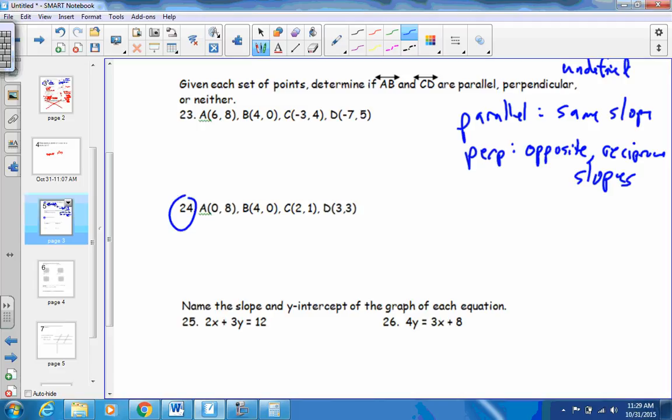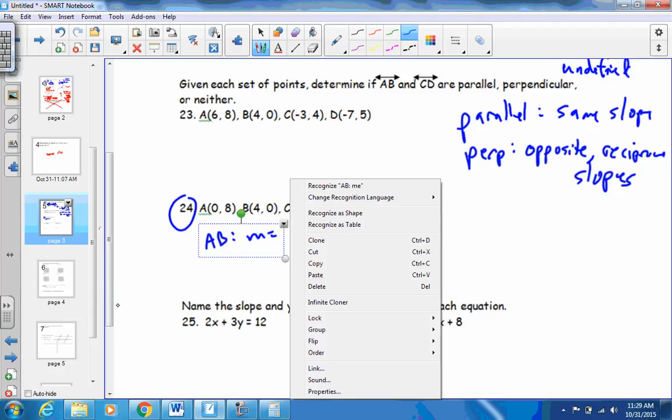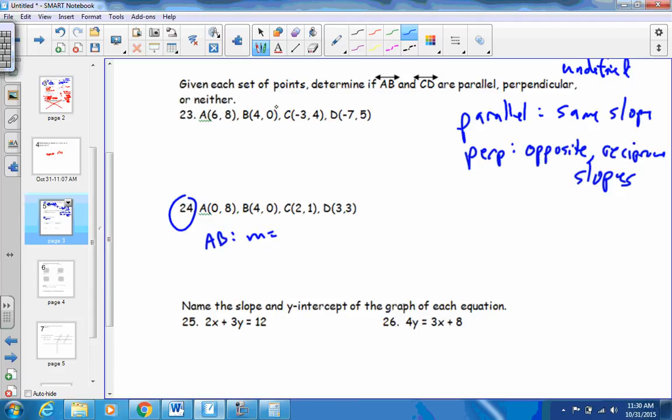So if we find the slope for AB, the slope would be 0 minus 8 over 4 minus 0, which would be equal to negative 8 over 4, which would be negative 2, or negative 2 over 1. The slope for CD, we'll do this one in green,